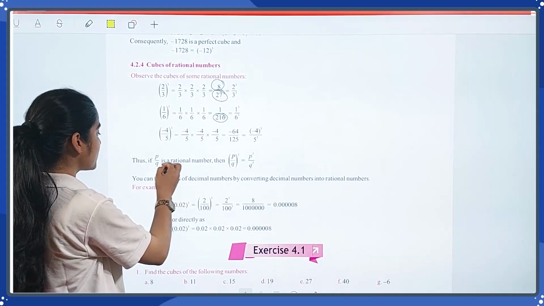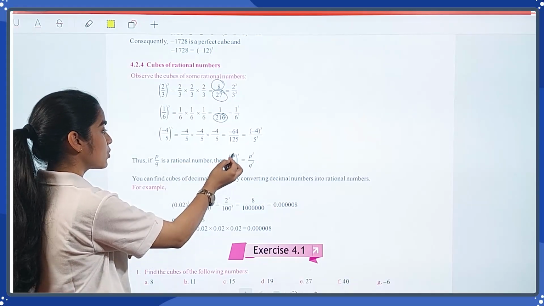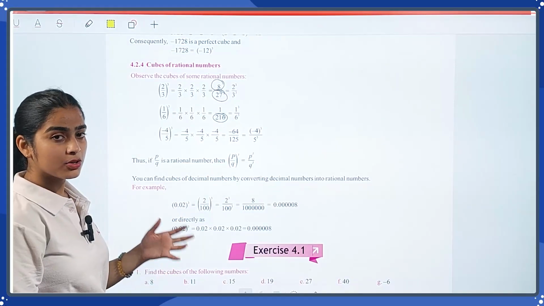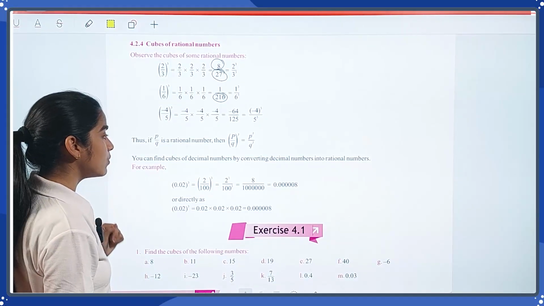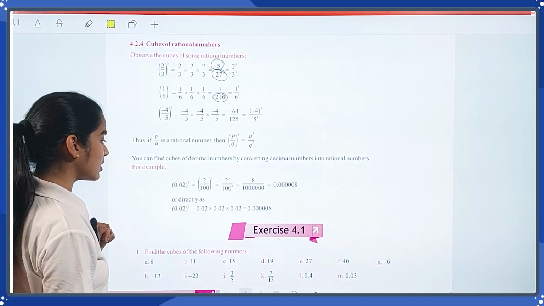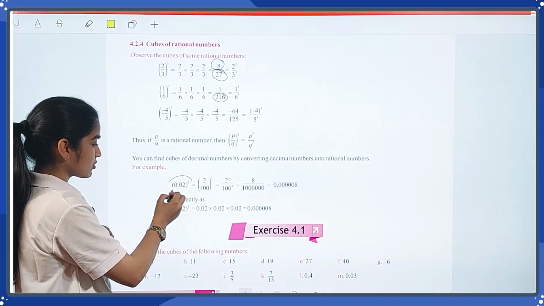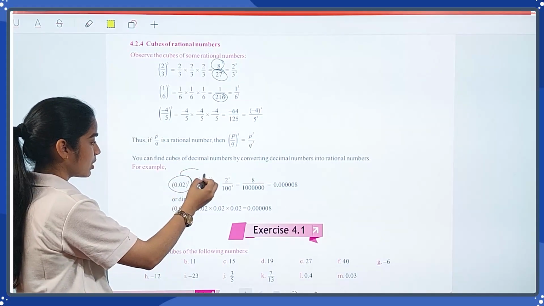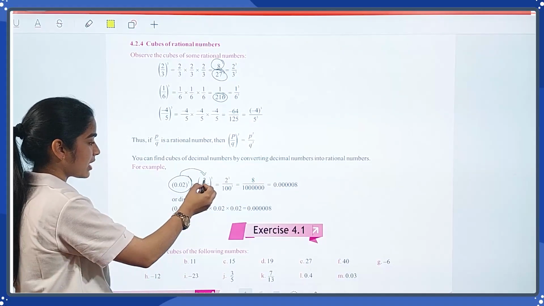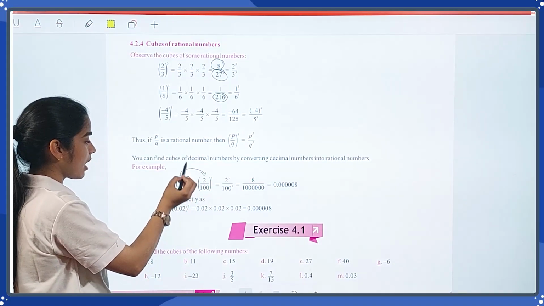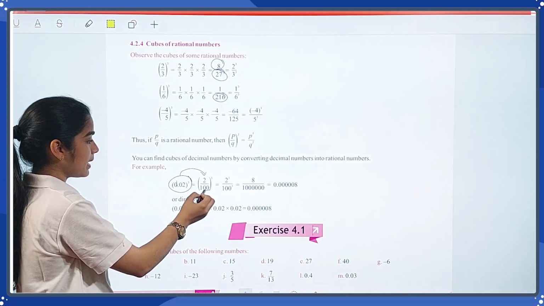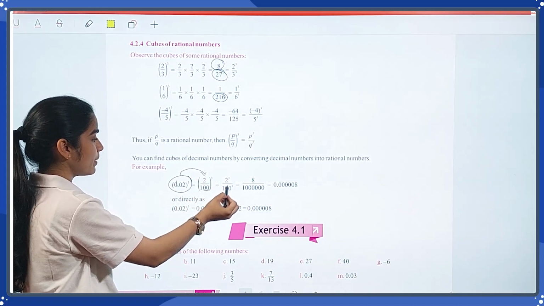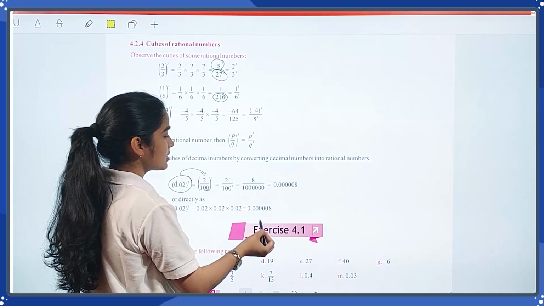Thus, if p by q is a rational number, then p by q cube is also p cube by q cube. You can find cubes of decimal numbers by converting decimal numbers into rational numbers. So first we have decimal numbers. First we have to convert this number into a rational number, which has 2 digits after the point. So 2 zeros are there. 2 by 100 cube, which means 2 cube and 100 cube. So this is our answer,